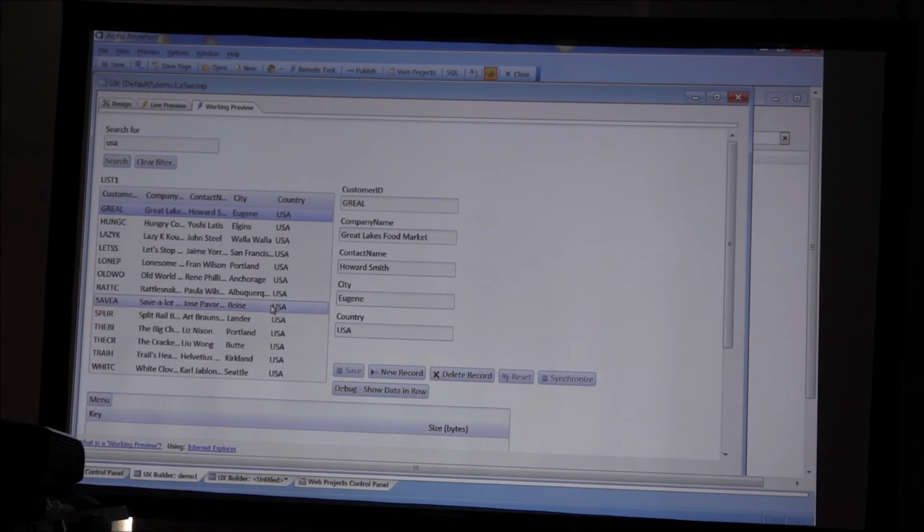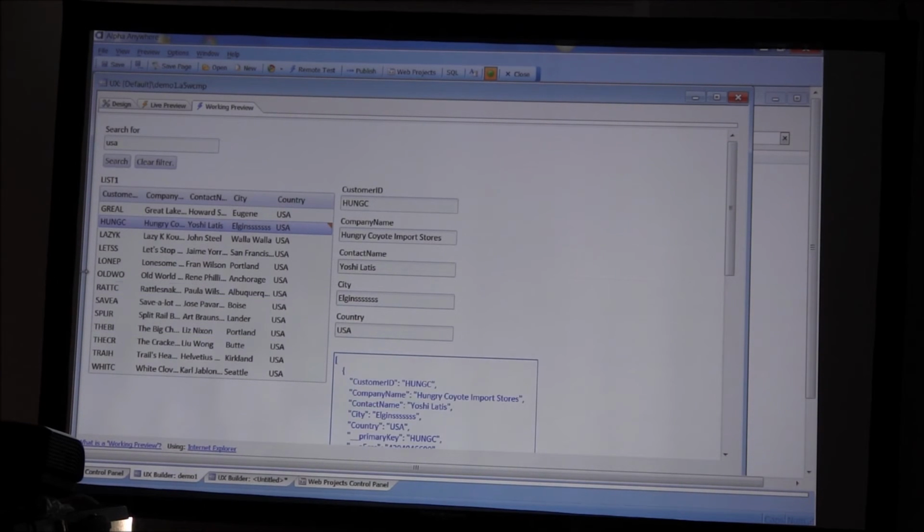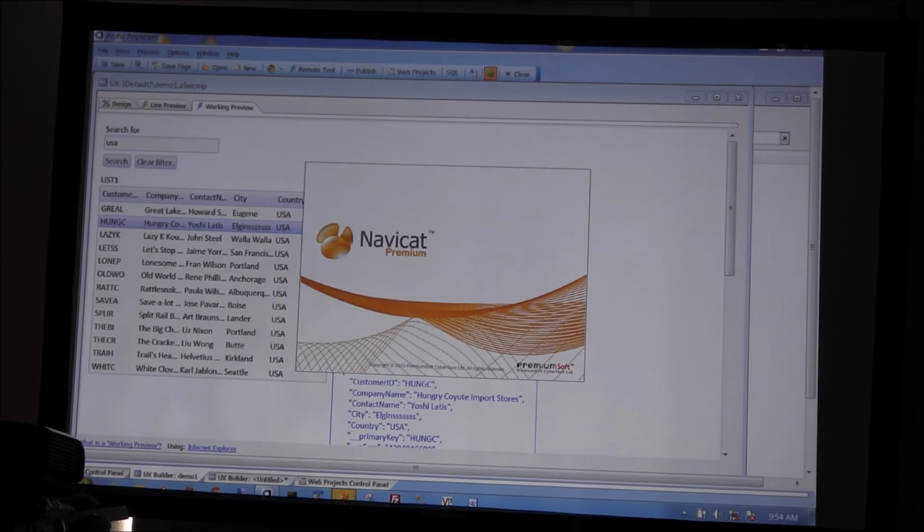And now what I'm going to do is make an edit to this record for Eugene. Let's go and find one near the top of the list, sort that, okay, so I'll just go there. I'll change this to Elgin, say a bunch of S's over there. So we've changed HUNGC. So let me go over to my SQL database now